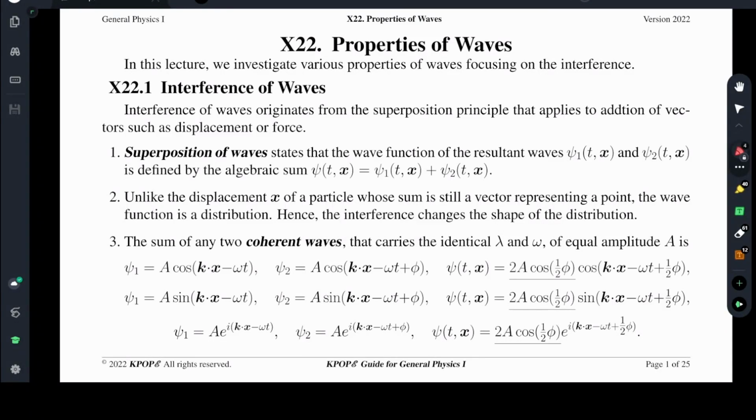In this class, we study properties of waves, and our main theme is interference. The big difference between the particle and wave is the superposition of wave functions, and it is because the particle,